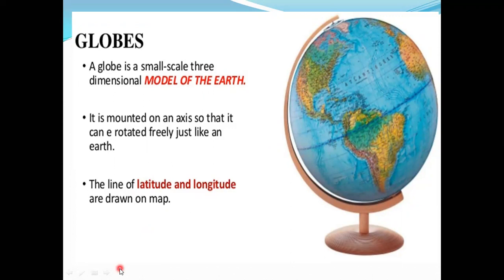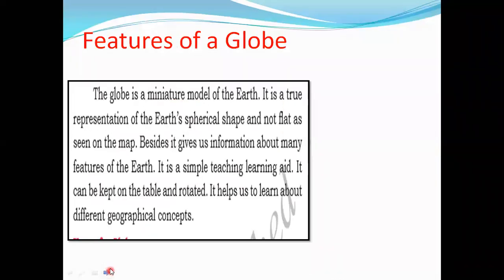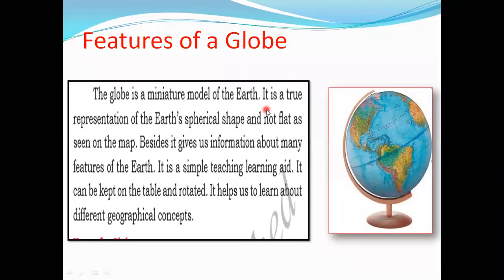Next, children, we have to move on to the features of the globe. Now you know what a globe is. Globe is a small model of the earth. It is one of the models to understand the earth. As I told, satellites give only one side of the shape, but the globe gives us the full shape of the earth. Yes or no? It is very easy to locate places, and it moves freely.